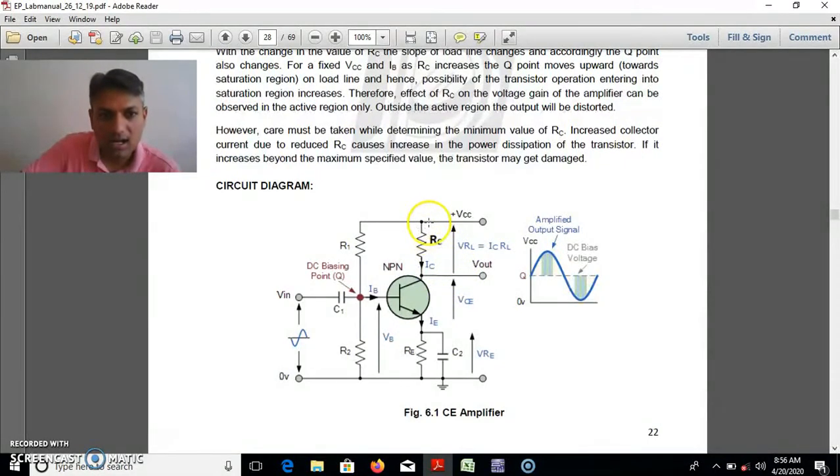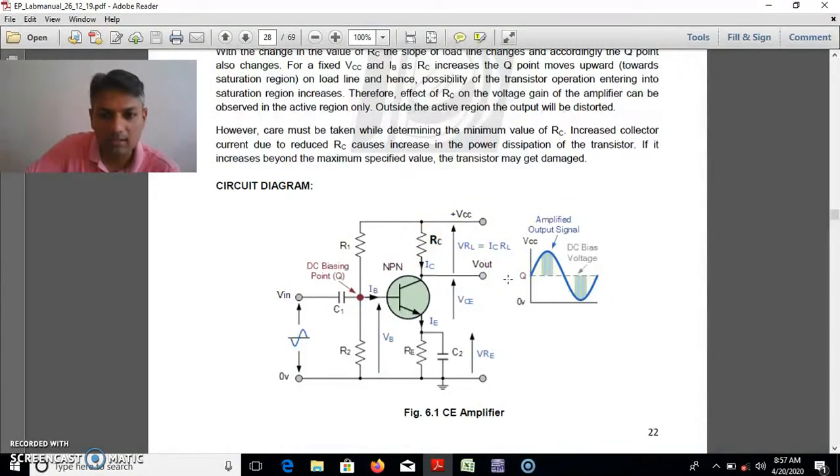And at resistor RC we give the VCC supply. Now in this experiment, what we need to observe is the effect of the variation of collector resistor on gain.